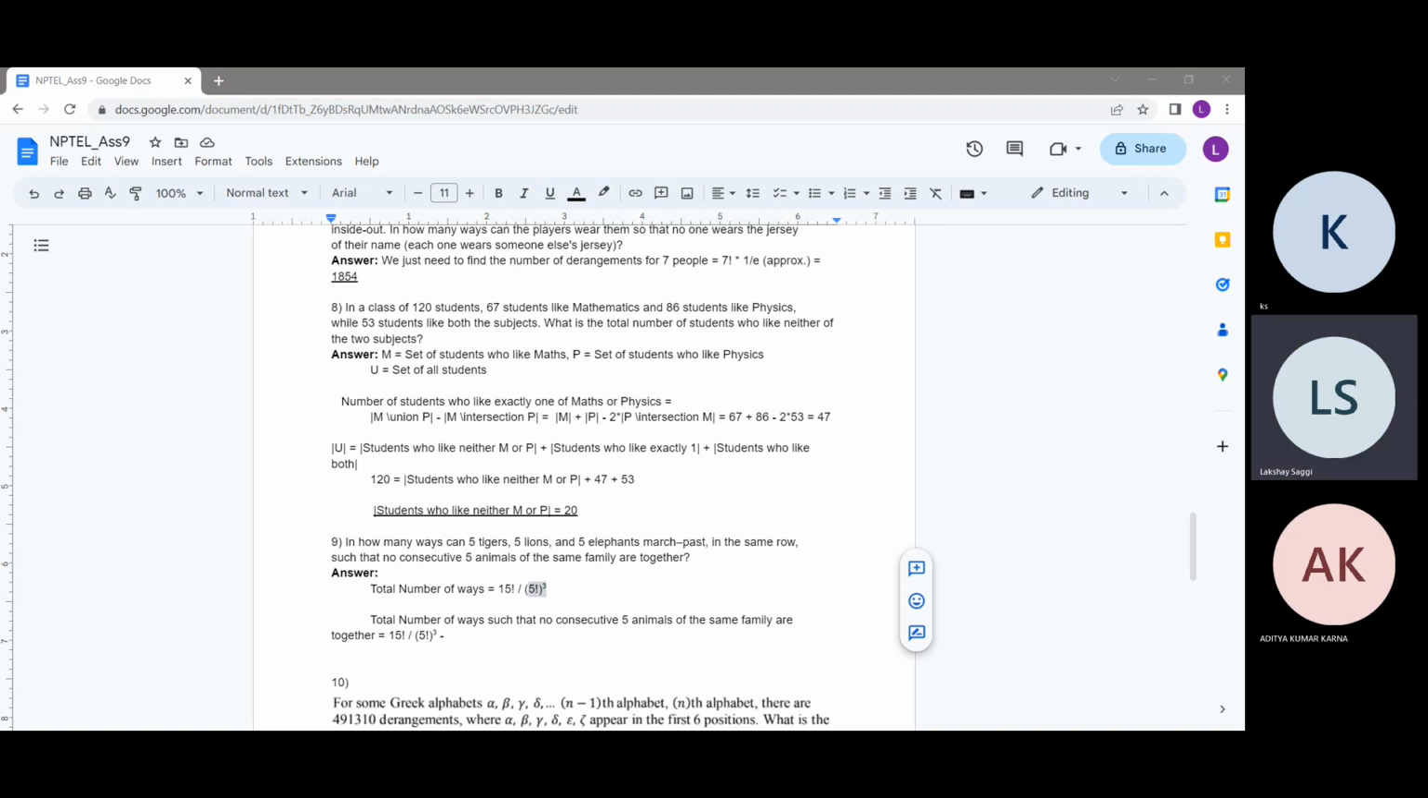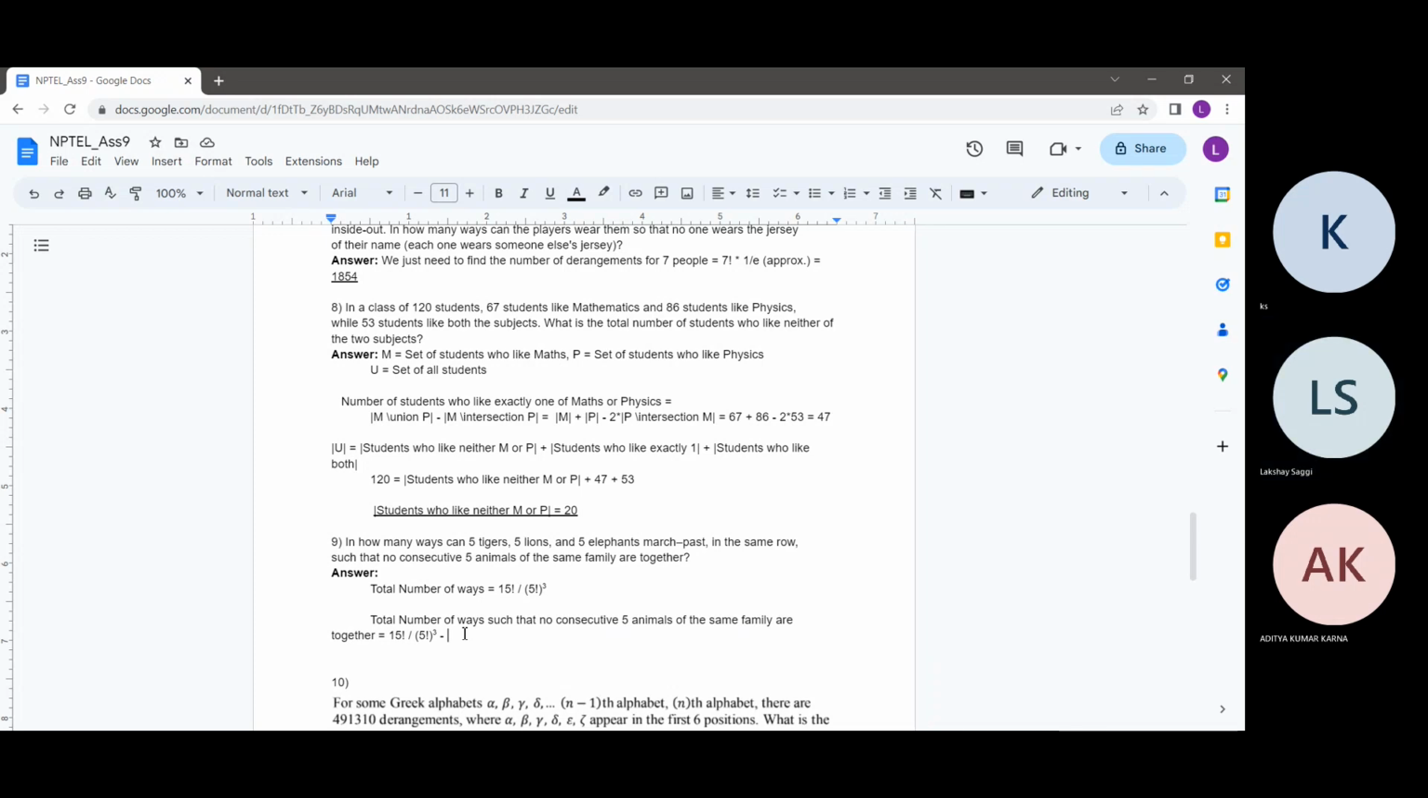So maybe I'll just explain my answer and you can understand and ask after this. So total number of ways. So what we want is we want these five tigers to not be together, these five lions to not be together, and these five elephants to not be together, right? So from these total number of ways, and again using inclusion exclusion, I'll just first subtract the ways